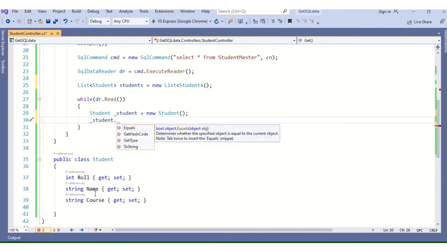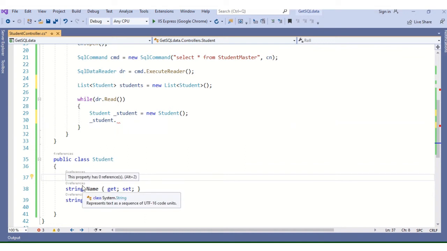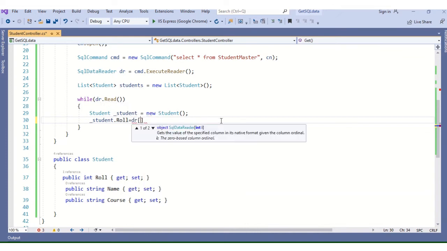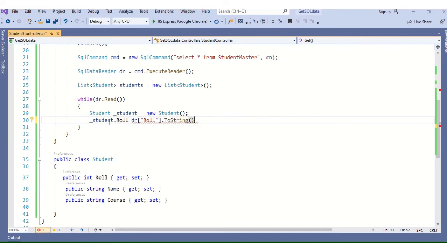role. So dot role should come, but I have not written public here. So I will write public here, also public. Now you will see, if you give dot, then it is coming. Role equal to, see this dr is reading, so dr role. Dot ToString, what is it, an integer. So I will write it like this, int.Parse